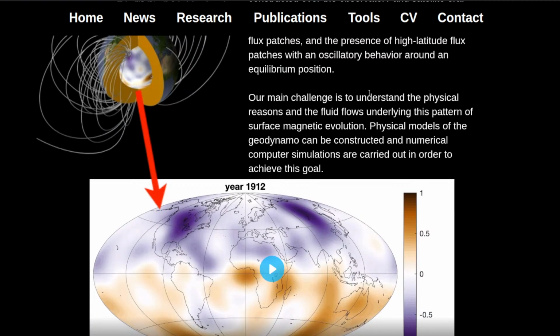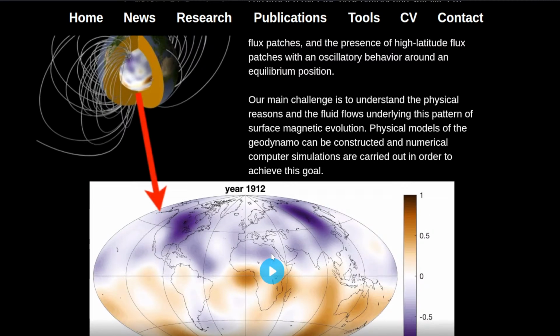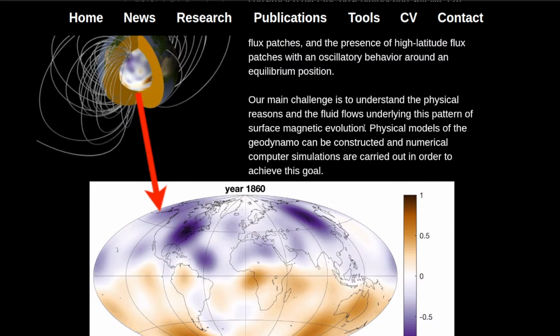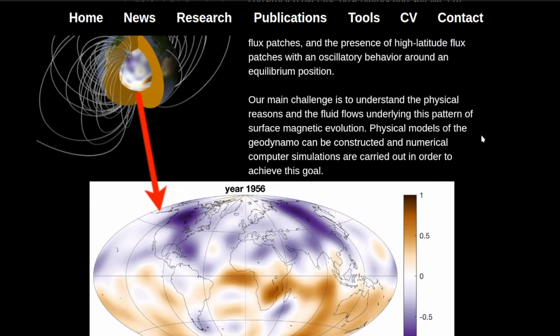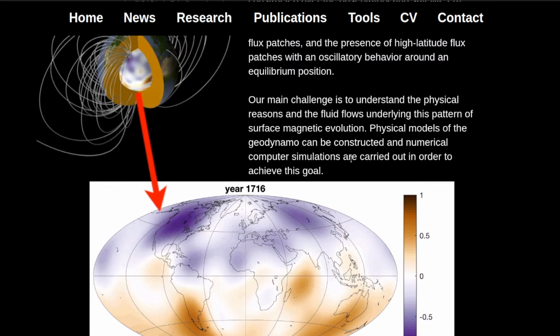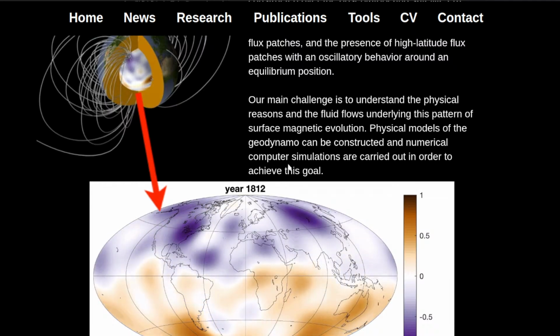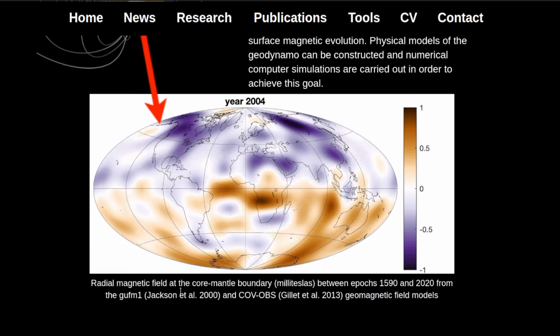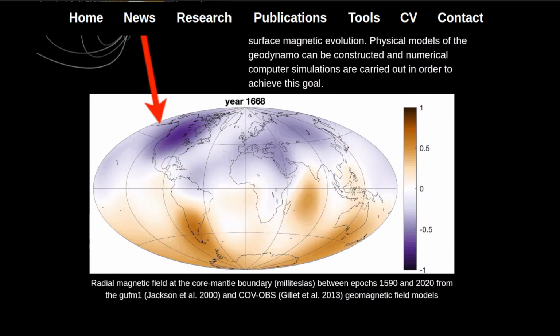Our main challenge is to understand the physical reasons and the fluid flows underlying this pattern of surface magnetic evolution. Physical models of the geodynamo can be constructed, and numerical computer simulations are carried out in order to achieve this goal. So here is radial magnetic field at the core mantle boundary in